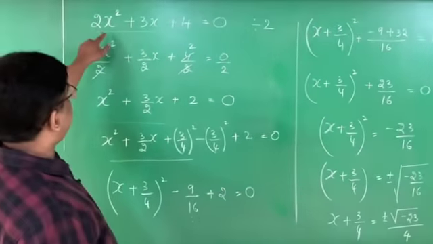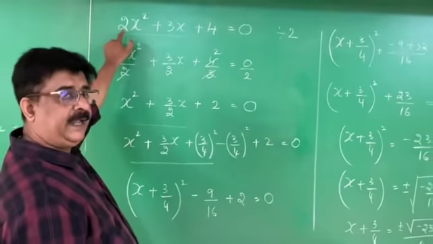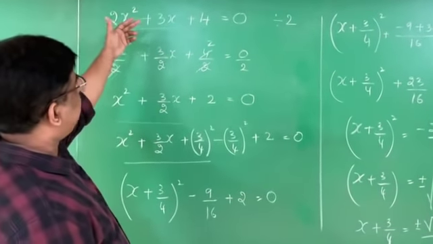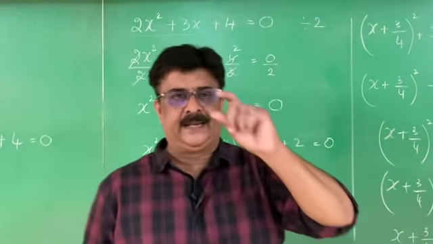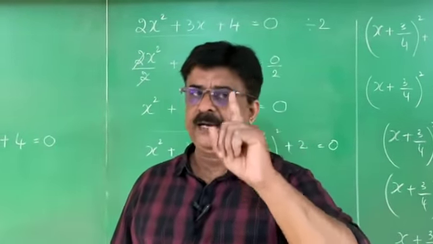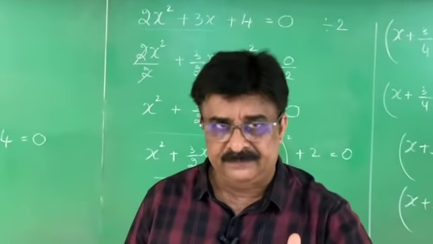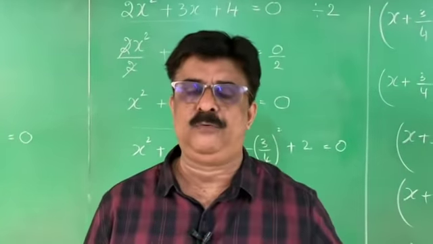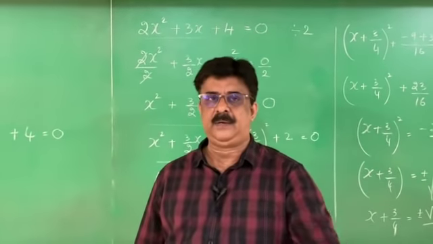Here, the speciality is that there is a number next to x square. Therefore, first we have to eliminate that number, then take half of that number. Very simple, see: the coefficient of x square, you have to make it as 1. Then you have to take the coefficient of x, take half of that and square that number. Once you add and subtract, then you go for simplification by using the identity a plus b whole square or a minus b whole square.